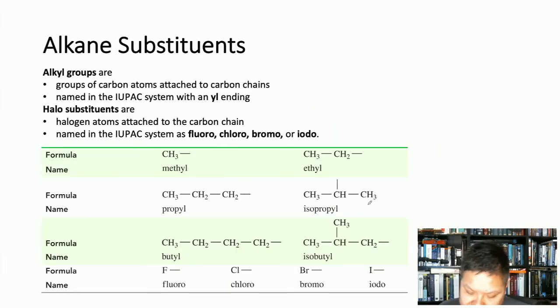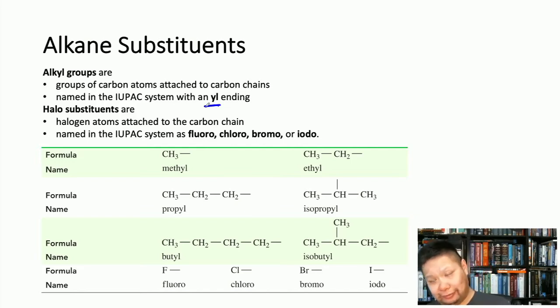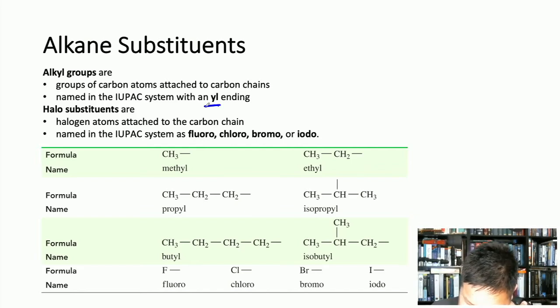Alkanes can also have substituents too. Alkanes can actually serve as substituents as well. And so if it's a substituent, then it has the suffix or the ending yl in it, right? So instead of being like methane, it's methyl, or ethane, it's ethyl. So a good example of that would be this here, which is ethyl.